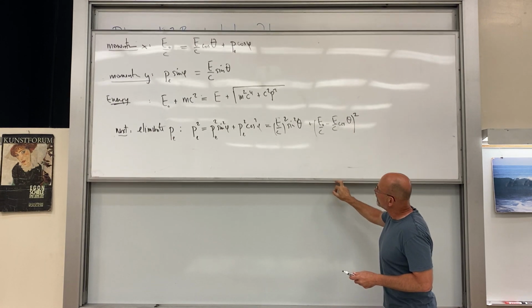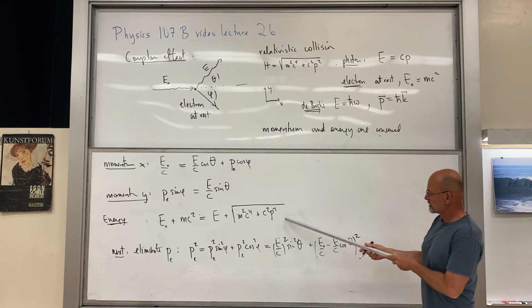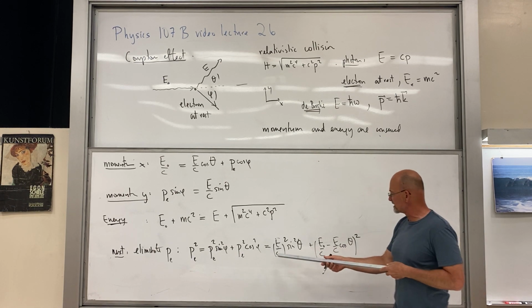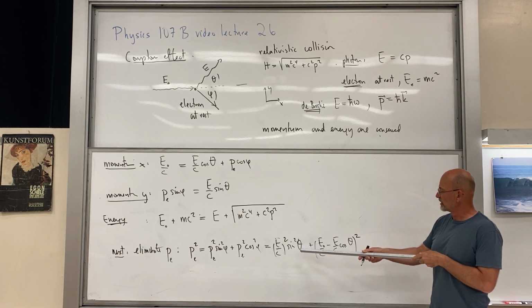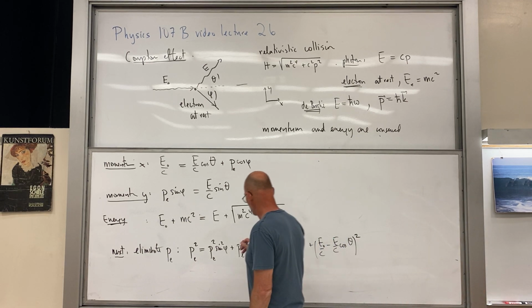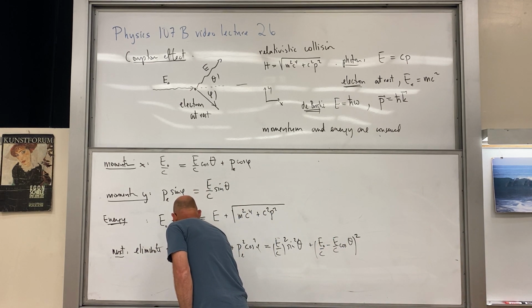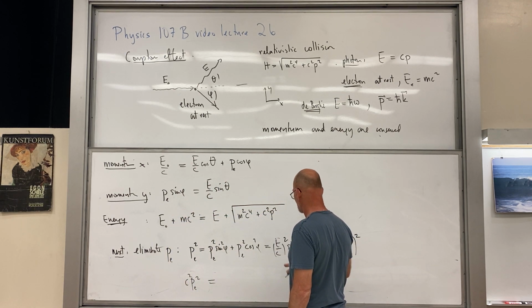Okay, once more with feeling. So now, c squared times this p squared here. You see it's going to get rid of the c's in the denominator when I square them out. So let's go ahead and do that. So c squared p electron squared is going to be equal to, getting rid of those,